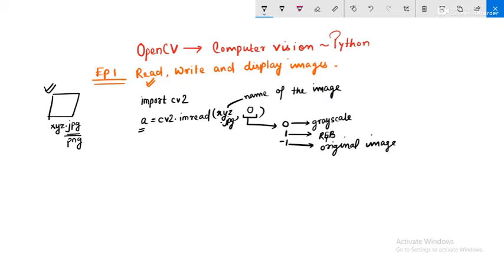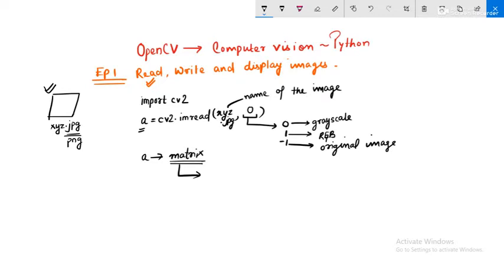After this line, our image has been converted to a variable. Now you must be guessing what this variable is and what it must look like. Let me explain. The variable will be a matrix, and by matrix I mean that in Python we basically represent a matrix in the form of arrays.